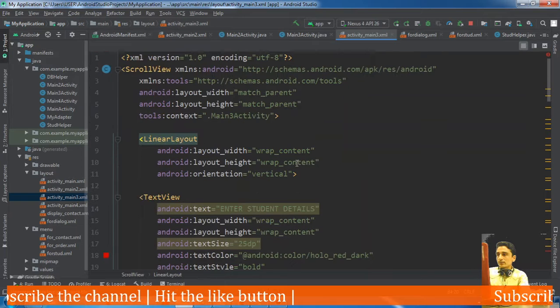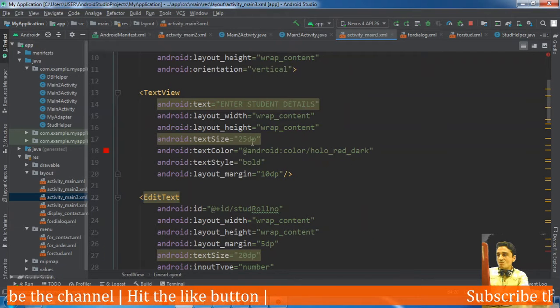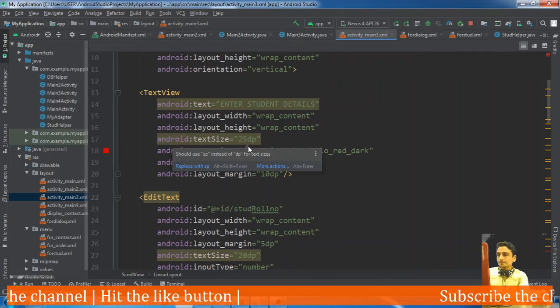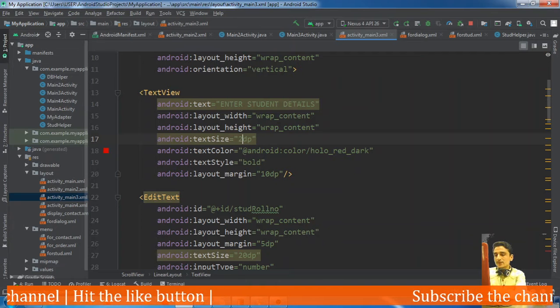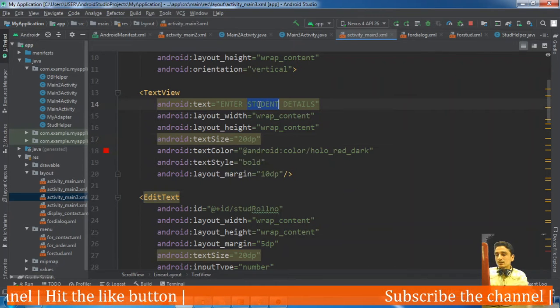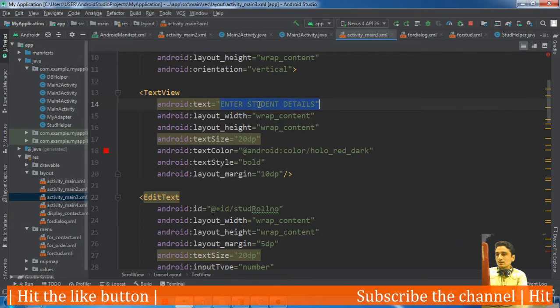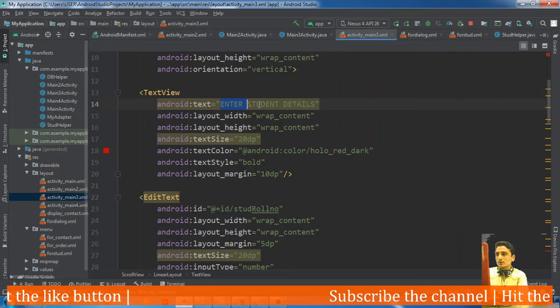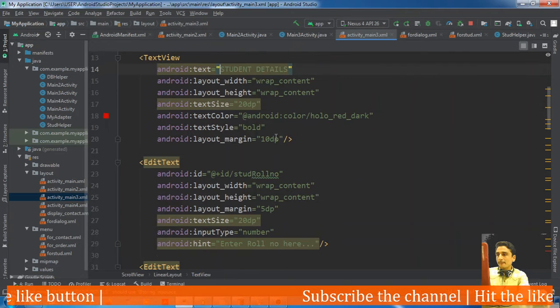Now in all these edit texts the size will be 20 dp. Student details, okay, student details.